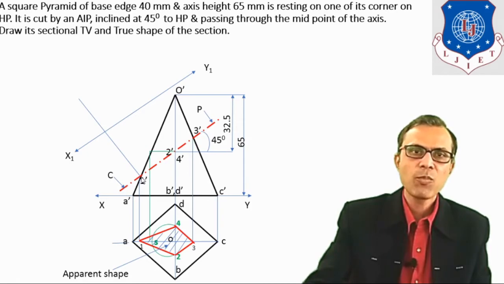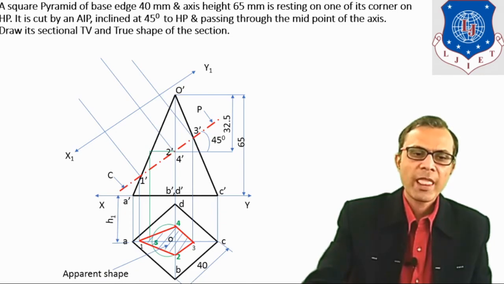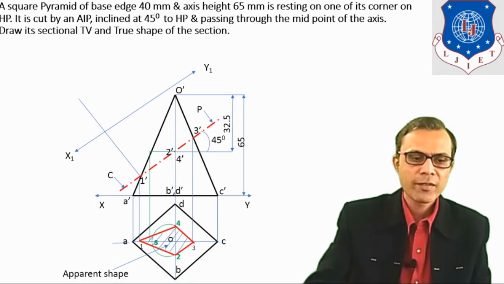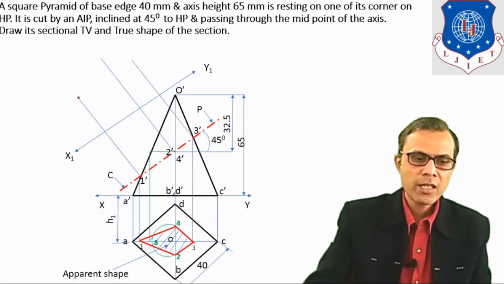Now from all these cutting points 1 dash, 2 dash, 3 dash, 4 dash, draw the projectors. So here all these projectors are drawn. All these projectors are perpendicular to the CP line at the particular points 1 dash, 2 dash, 3 dash, 4 dash. Now we have to locate these points 1, 2, 3 and 4 on these projectors. So for that first consider point number 1. So the distance of point number 1 from this reference line XY, let's take that distance as H1. As you can see here, this distance is considered as H1.